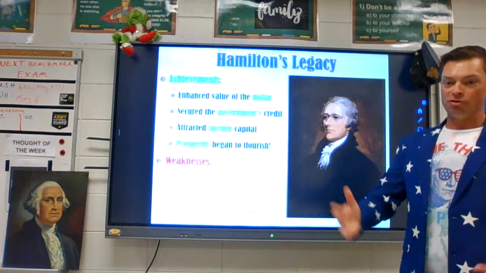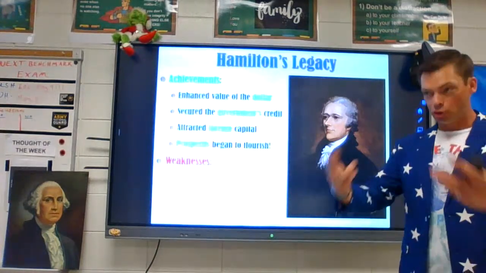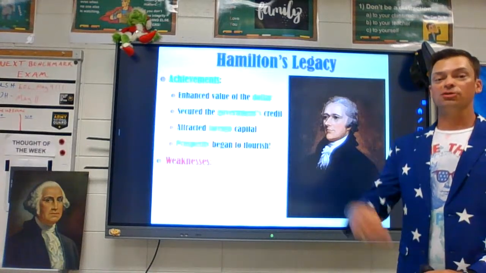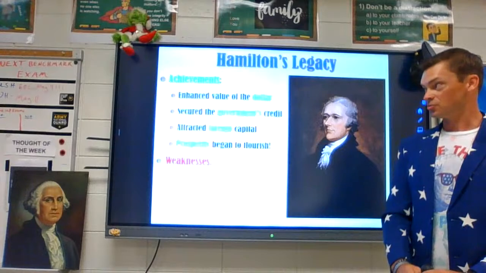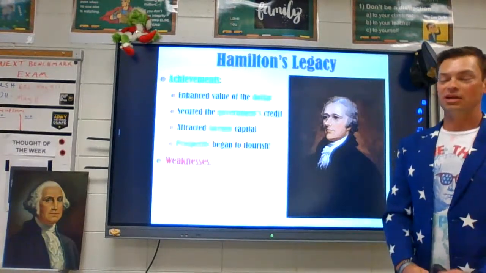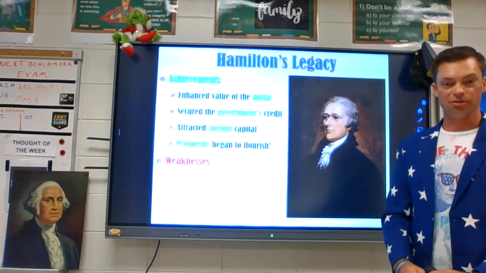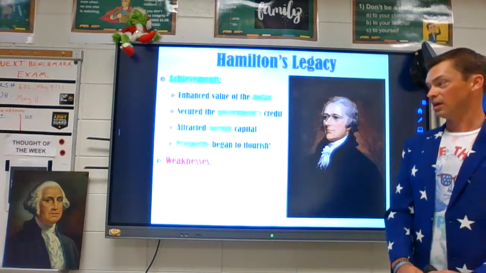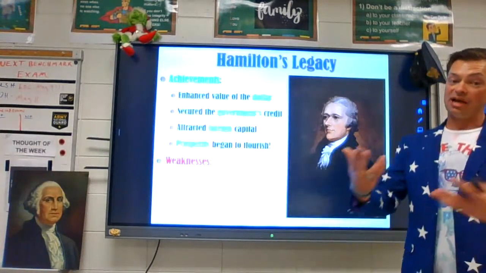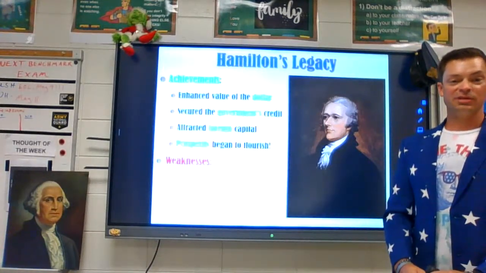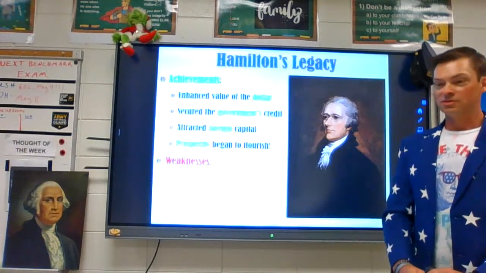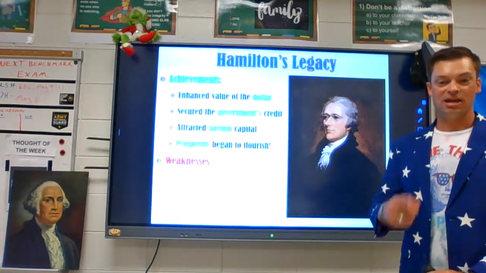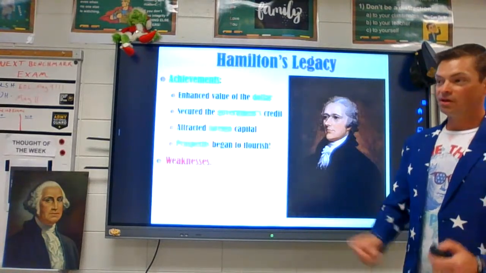So let's round out Alexander Hamilton's legacy here, and this is in your notes as well. His achievements overall as Secretary of the Treasury with creating the national bank, he does enhance the value of the dollar. He gives the dollar some legitimacy on the international stage as well. He secures the government's credit, and with that comes the ability to trade with other countries. He attracted foreign capital, or you could say trade. So again, we're trading with other countries. And under his ideas and leadership, the country does begin to prosper and flourish. So in some ways, you could say that his broad interpretation of the Constitution was in fact necessary and proper and helped the country.